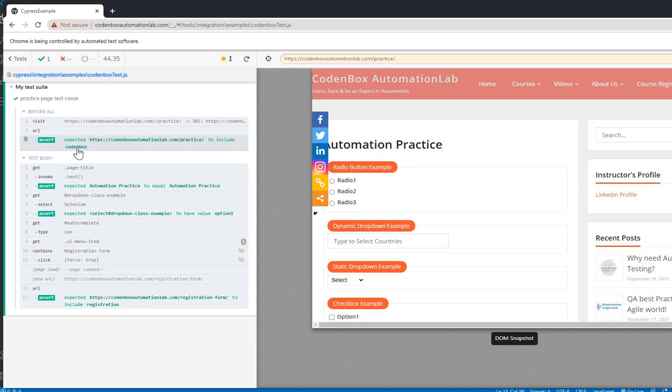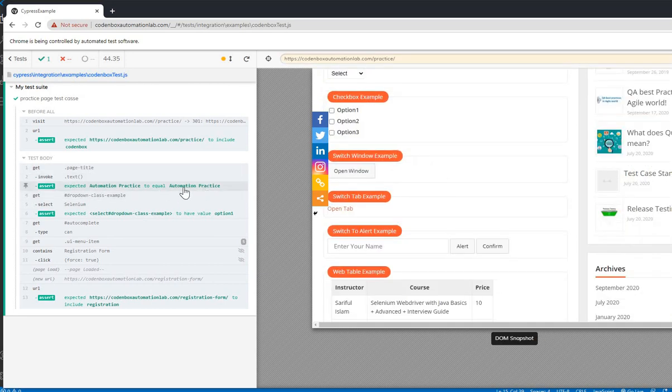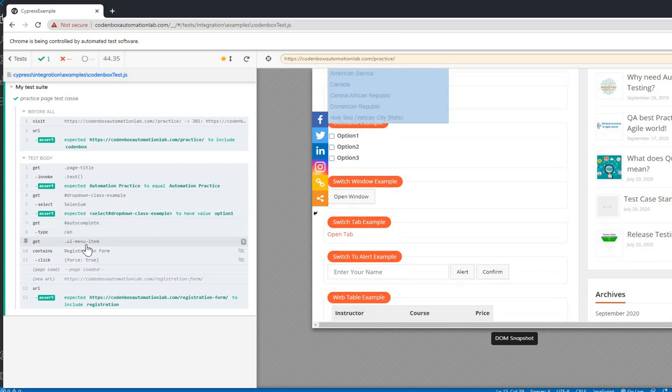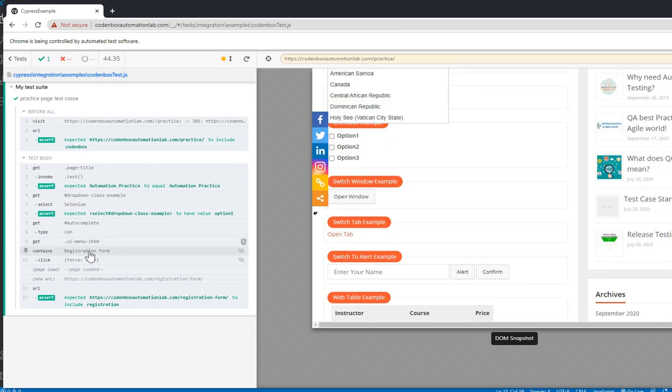So it's expected at the code inbox. On the URL it has code inbox, the assertion passes, and then it calls the page title. You can see on the right side it shows the reflection. Select, and it gets the text, matching the text equals to automation practice. Then the third one selects the static drop down, the Selenium. You can see it has the value option 1 underneath the Selenium. The next one selects the search box, right? This is a search box. Type the can, and it finds all the 5 different suggestions or results after you search the can word, and then it gets this one, and it also selects